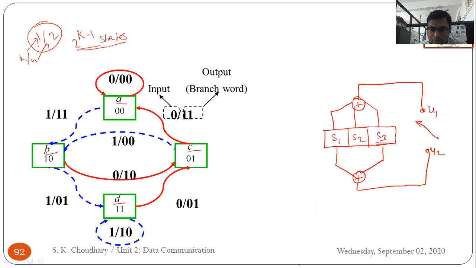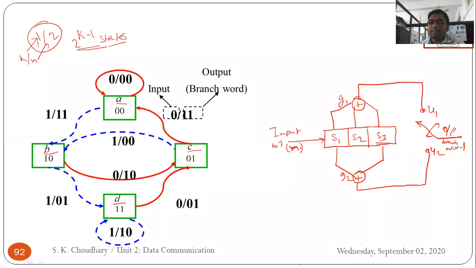And there is an interlacing switch that can be moved in both directions. Here we generate the output branch word. These are the connecting generators G1 and G2. From the leftmost side, the input bit is coming, which you can represent as M.